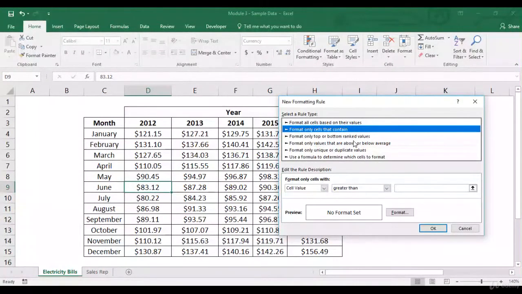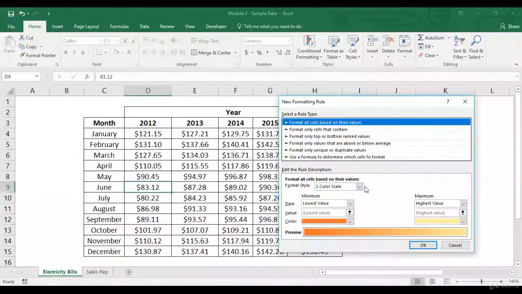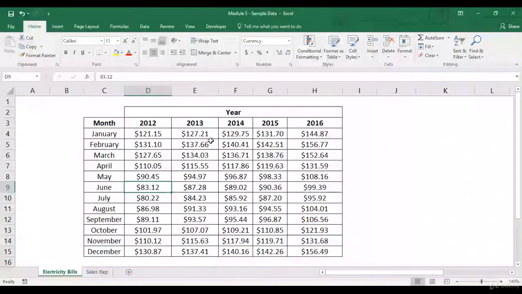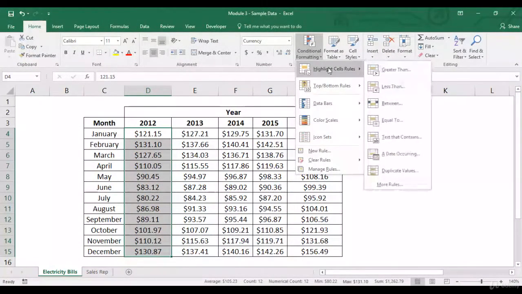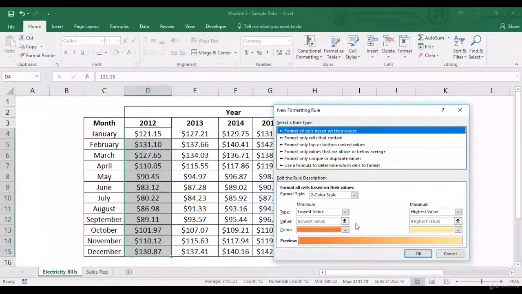Now format only cells that contain, this is something which we had looked at the very beginning, that this is based on cell value greater than, less than, or between, or less than, equal to, etc. Format all cells based on their values. Now let's look at this and we'll apply it over here. So let's select these cells, conditional formatting, more rules, format all cells based on their values.